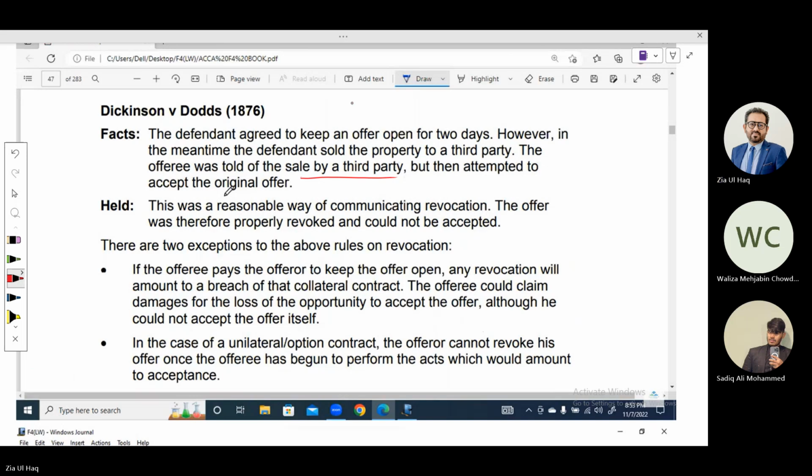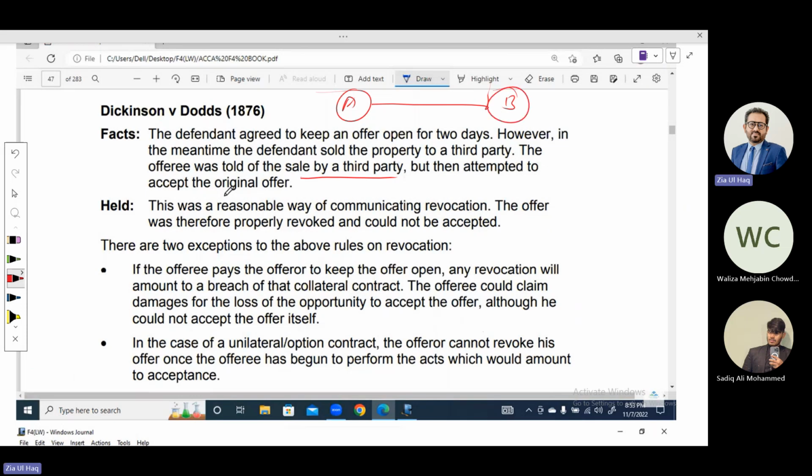It means the offerer, Mr. A, offered to sell his property, and he said my offer is open for 2 days. B is the offeree. So before acceptance, A sold his property to a third party,